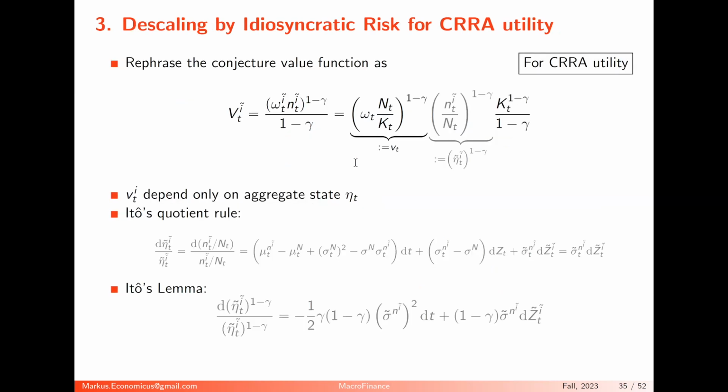Okay. Now comes another important trick. Remember when we did step 3, we said every agent has this value function, and we have to deal with these value functions, and we want to get the capital stock, capital K, out of it. We descale it by the capital K. Now within a sector, we have different people with different wealth, and they have different net worth. And we would like to descale them by the individual net worth share, okay?